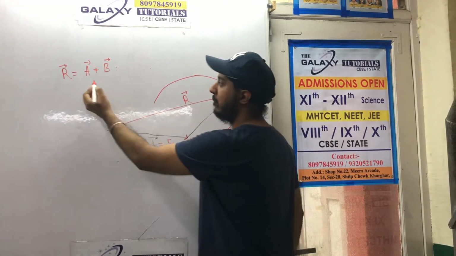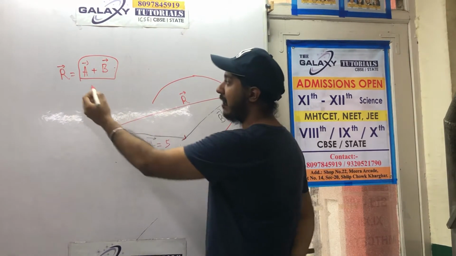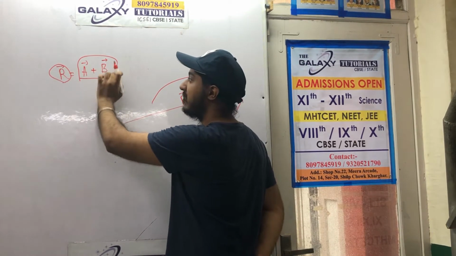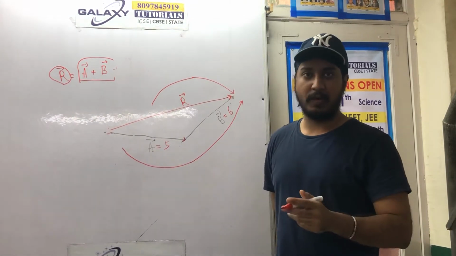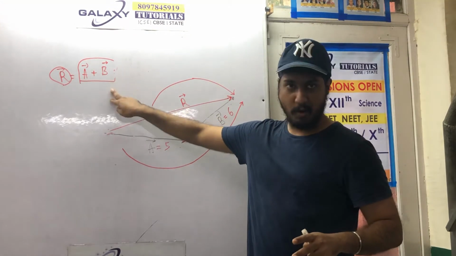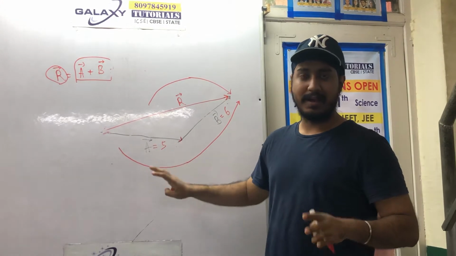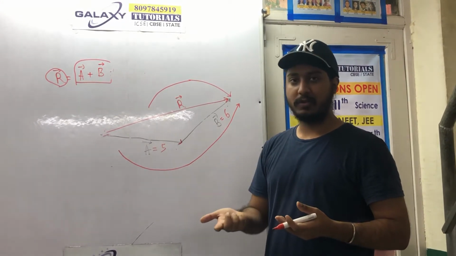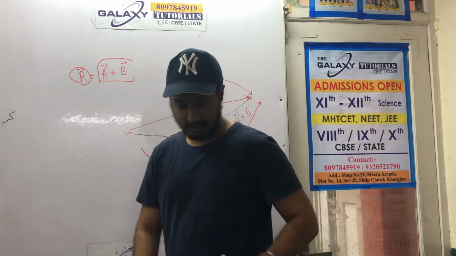What this basically represents, when I have written A plus B here, is that R is the resultant of A and B. This is just a vector. This is the representation in vector form. To find the magnitude and direction of the vector, we will do some steps that I will show you here. But the important thing is that you will not simply add them like 5 plus 6. That is absolutely wrong. To find the resultant vector, we will have to follow some steps that I will show you now. So let's go ahead and find the resultant vector.